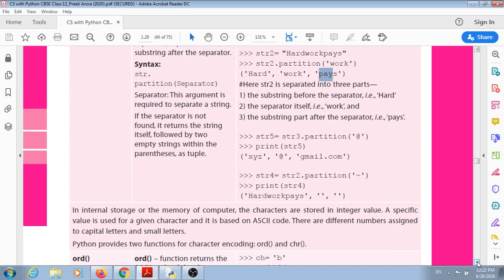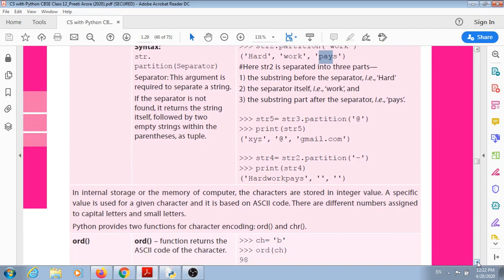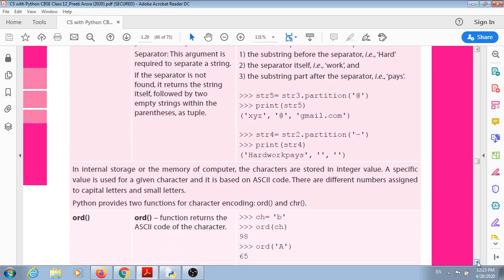So there will be a standard for converting or understanding the human input, which is through the keyboard, into the computer. So a particular number system was developed by ANSI, the American National Standards Institute, as the American Standard Code for Information Interchange. There are different numbers assigned to the capital letters and small letters.